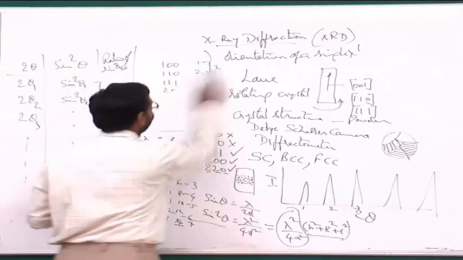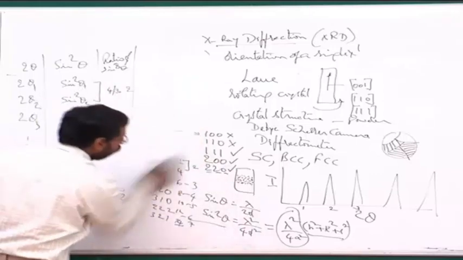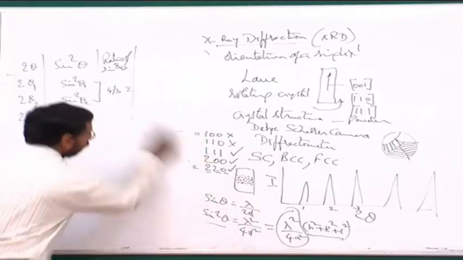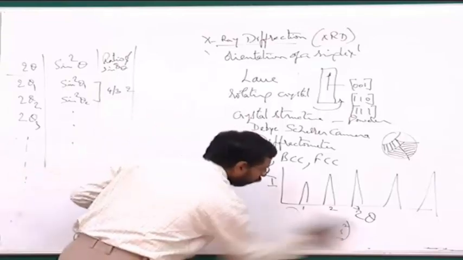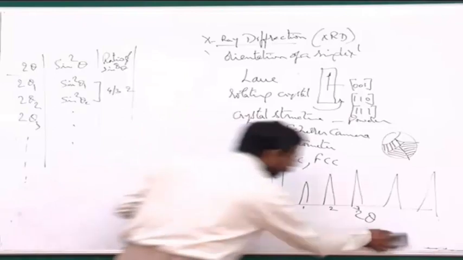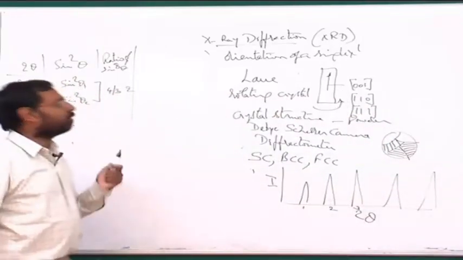For other systems also, there are methods like this, excepting that the methods are a little more complicated. For example, one can do this for tetragonal, one can do this for orthorhombic, rhombohedral. All those can be done. But because they are more complicated, people resort to much simpler methods.